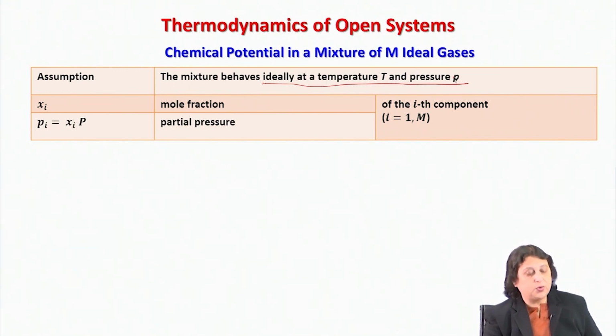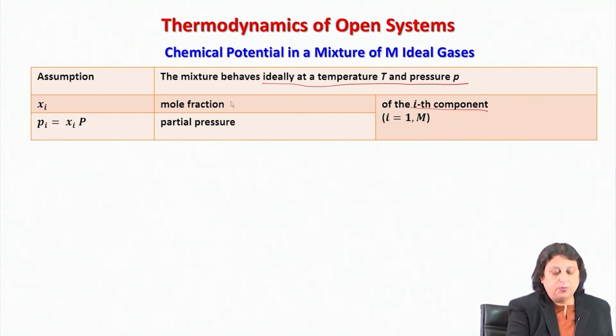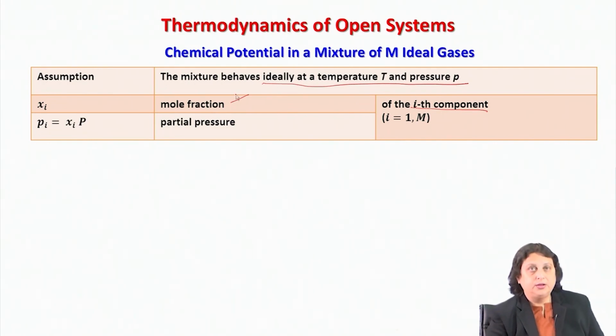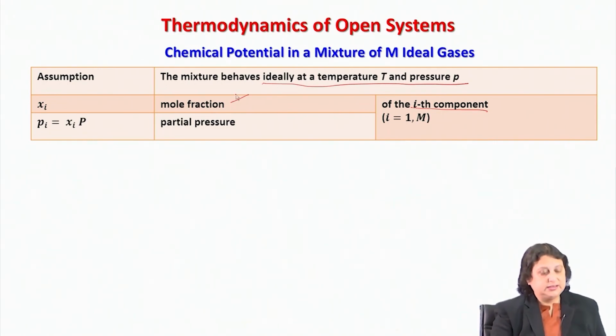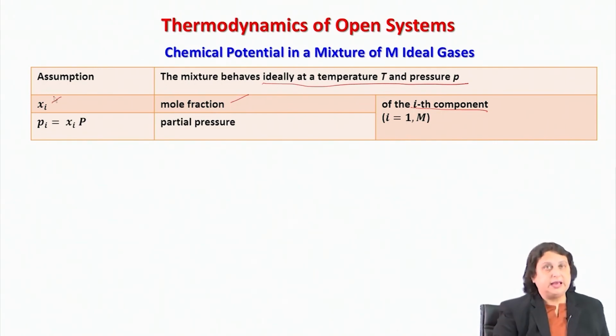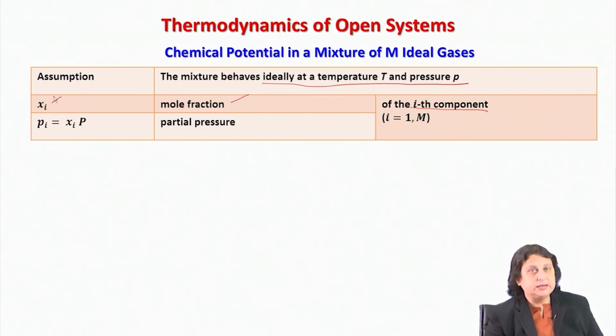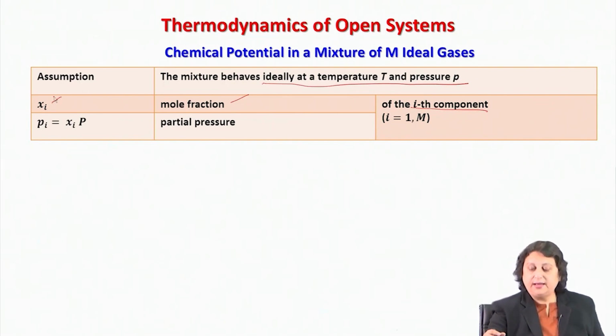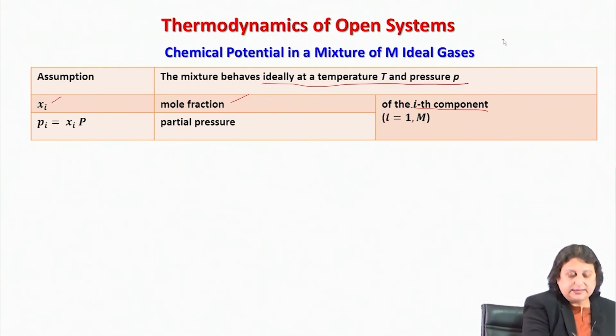The first quantity that I define with respect to the ith component is the mole fraction. This mole fraction is given the symbol xi, and the mole fraction xi is defined as